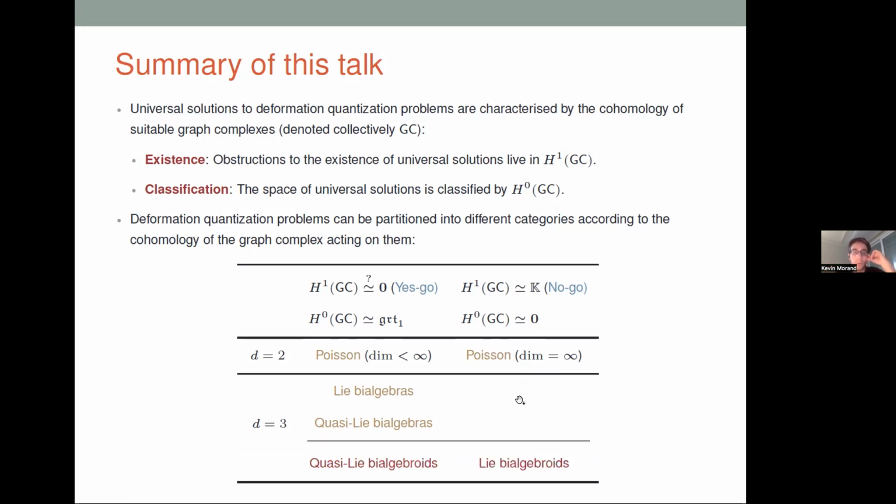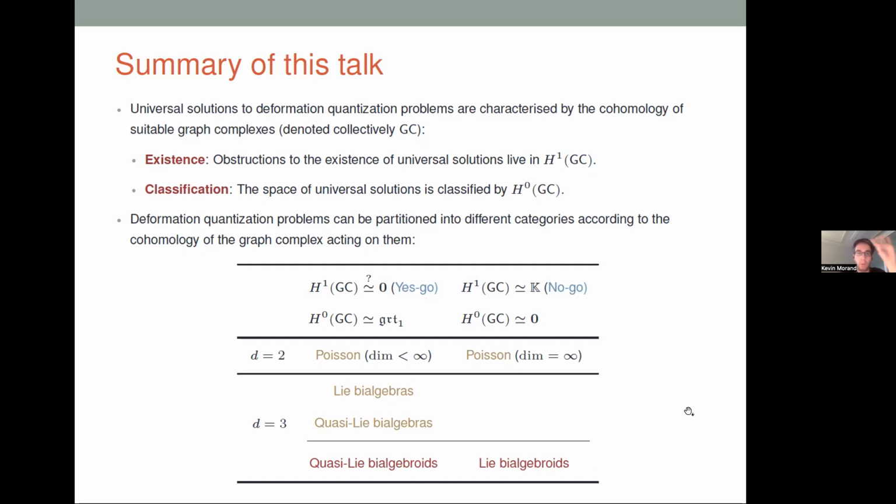So the two new results I would like to propose concern Lie bialgebroids. Lie bialgebroids, as I mentioned, are a common generalization of Poisson manifolds and Lie bialgebras, but surprisingly, Lie bialgebroids belong not to this yes-go class, but to the no-go class. As I will argue, there is some obstruction to the universal quantization for Lie bialgebroids. So this is kind of a no-go result. But on the other hand, if we extend the notion of Lie bialgebroid into quasi-Lie bialgebroid, then we recover the yes-go class. In particular, we have some incarnation of the Grothendieck-Teichmüller group acting on quasi-Lie bialgebroids. So it doesn't act on Lie bialgebroids, but it does act on quasi-Lie bialgebroids.